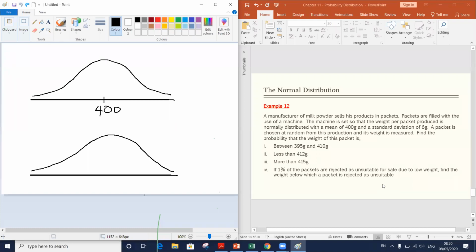So we are asked to find the weight below which a packet is rejected as unsuitable. That is what we have asked to find. Here, how can we find this? Here the z value is 0. 1%,